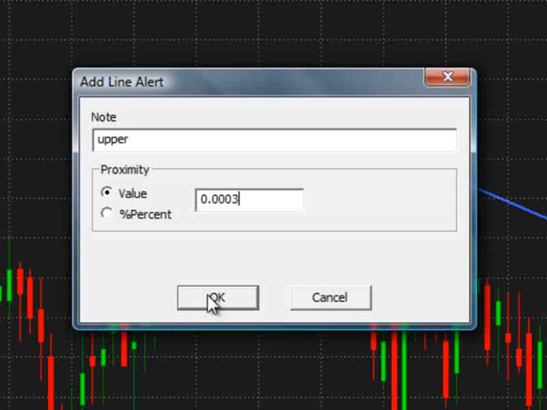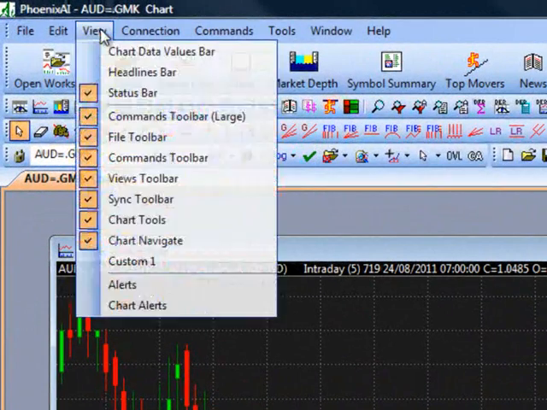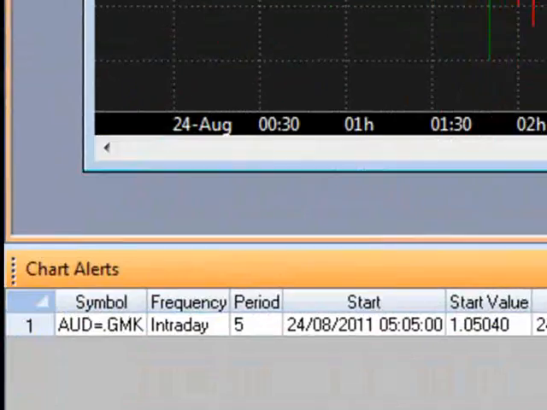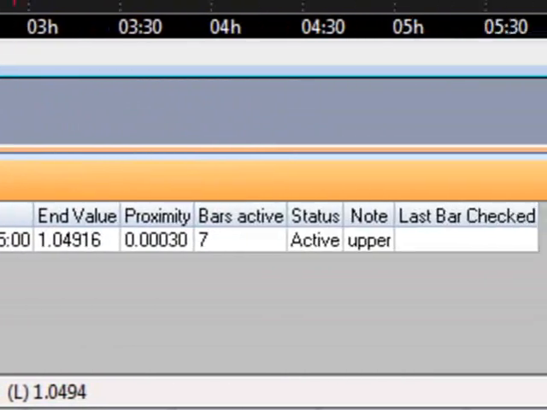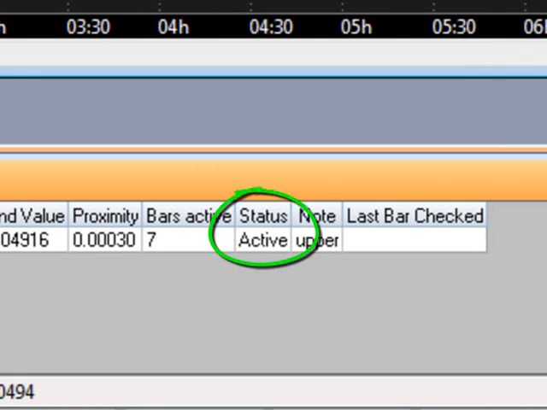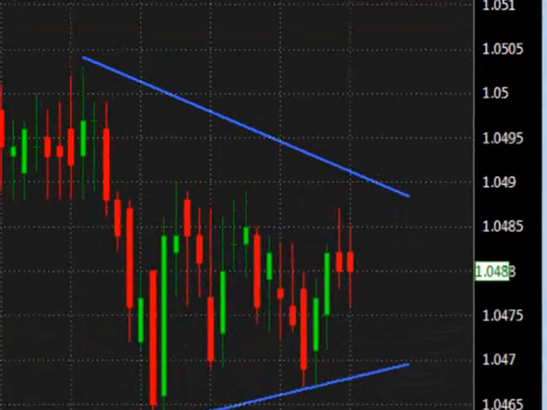Then click OK. If I click on View, Chart Alerts, down the bottom of the screen you can see the alert we just created. Note that the status is currently set to active. But there is a circumstance when your alert may be classified as inactive and thus will never be triggered. That is, if you move a line so that one of your anchor points goes beyond the last candlestick of